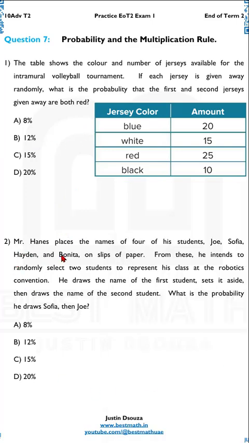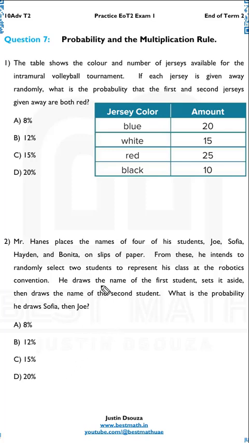Mr. Hans places the names of 4 of his students, Joe, Sophia, Hayden, and Bonita, on slips of paper. From these, he intends to randomly select 2 students to represent his class at the robotics convention. He draws the name of the first student, sets it aside, and then draws the name of the second student. What is the probability he draws Sophia,